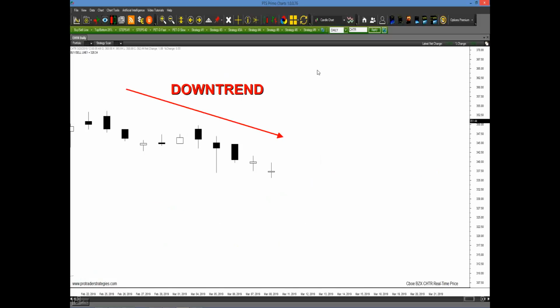All right, here's another example. Someone looking at this was the example we showed you earlier. Say, we are in a strict downtrend, Steve. Look at this. We are making lower highs and lower lows. That is the definition of a downtrend, right? Well, actually not in my book, because if you apply the 50-period moving average, this is the definition of a